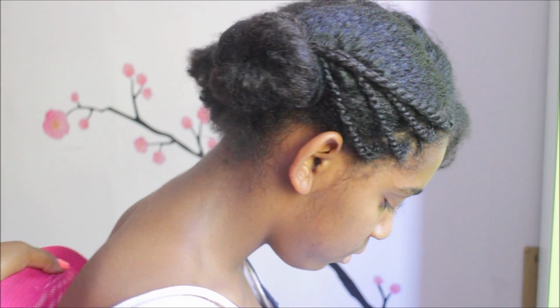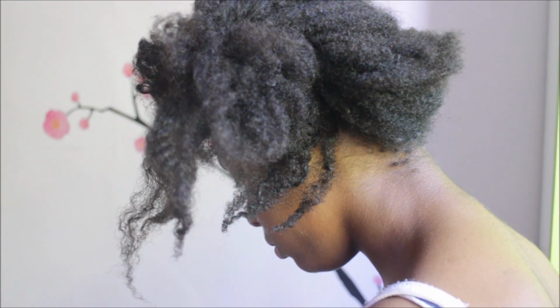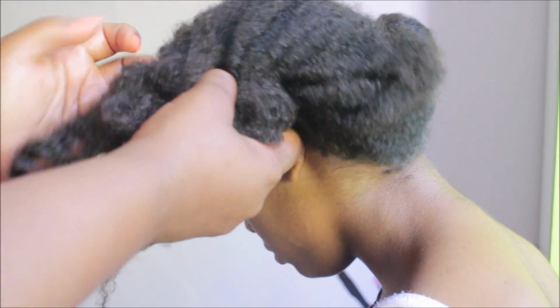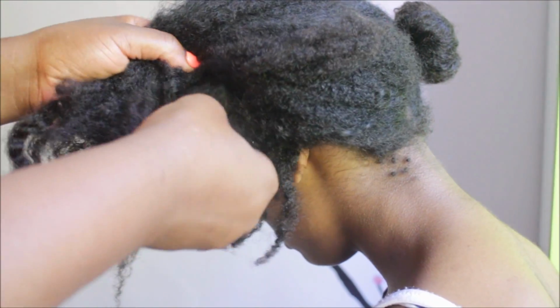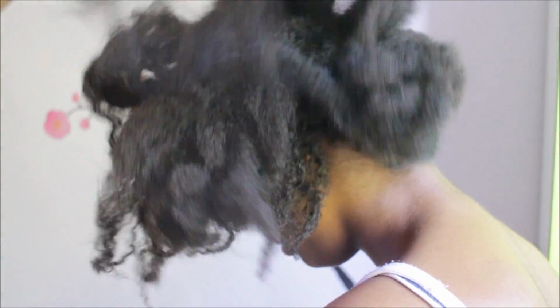We'll show you again on the other side how we achieve the bun look. So you can see the difference in the hair when it's not been moisturised. Take this hair clip, which kind of got lost in the hair. And when the hair is very thick,